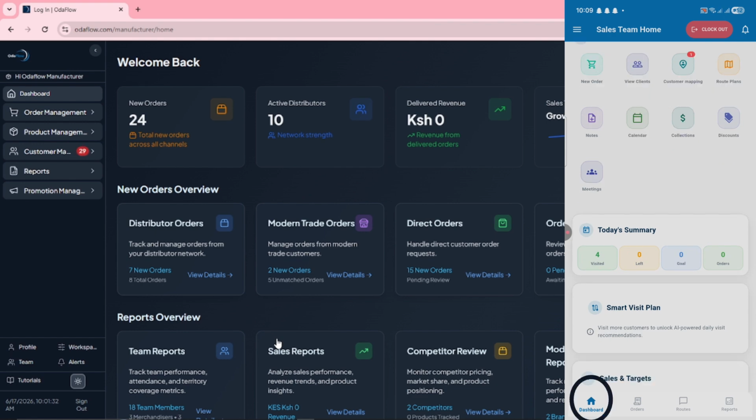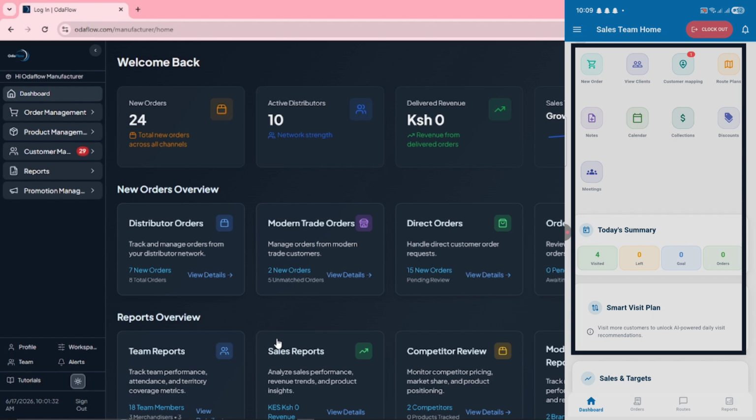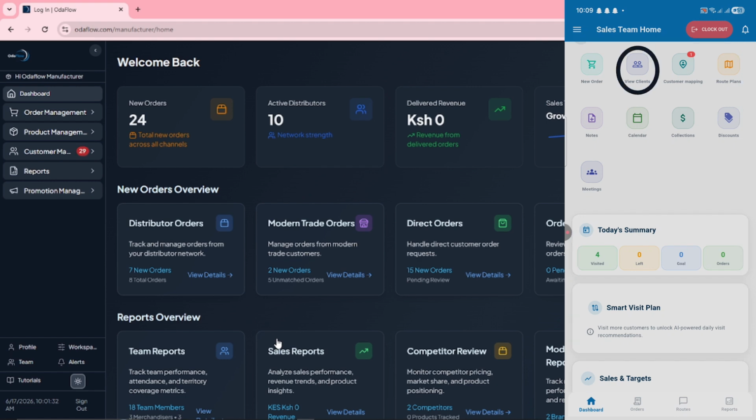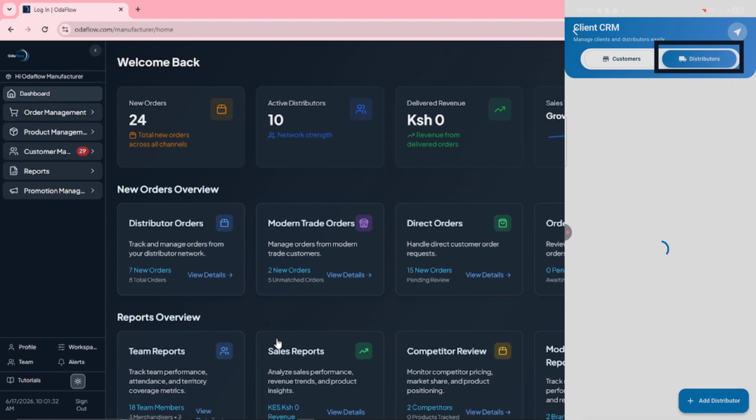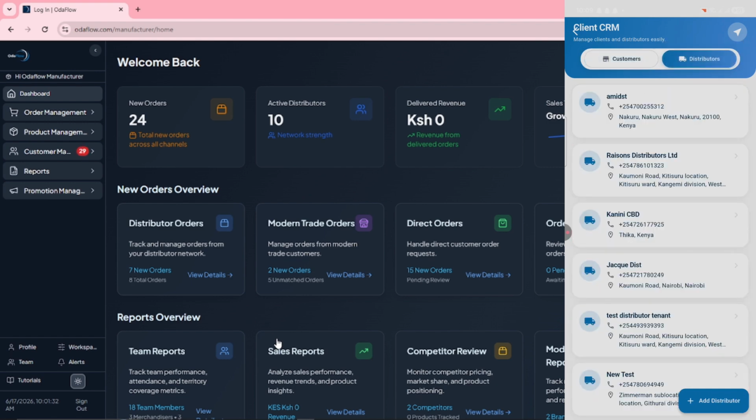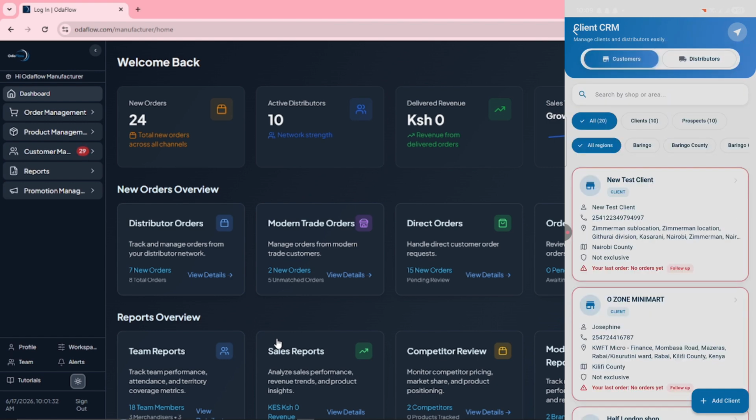When you go to the dashboard, which is the home page for the sales rep, click the view clients button. You will either have customers or distributors, and you can add either. For example, let's start with customers. When you want to add a customer, you'll just click the button on the bottom right part of the screen